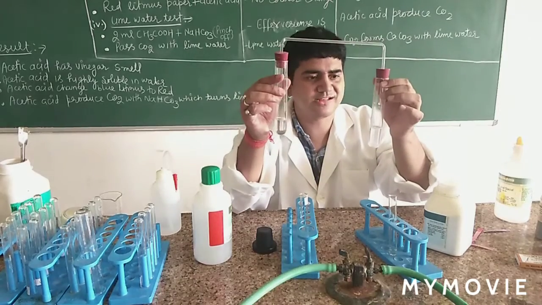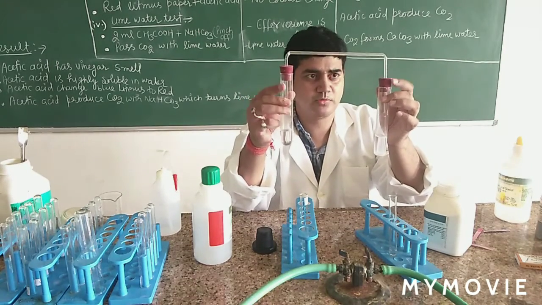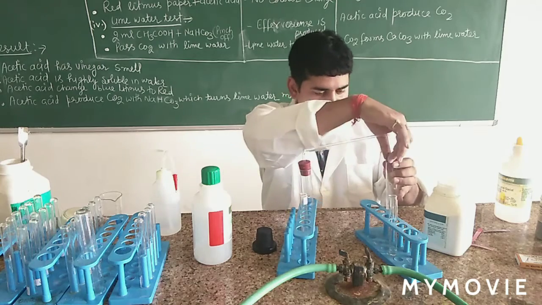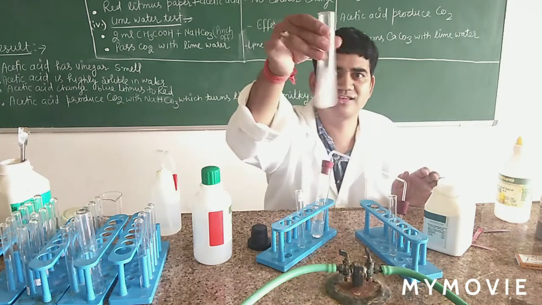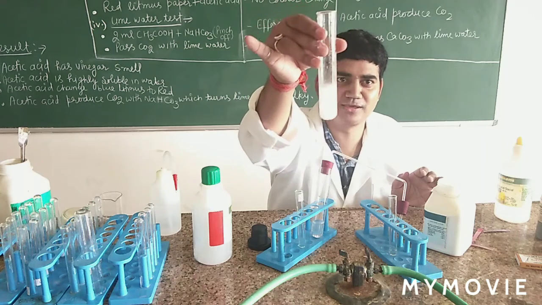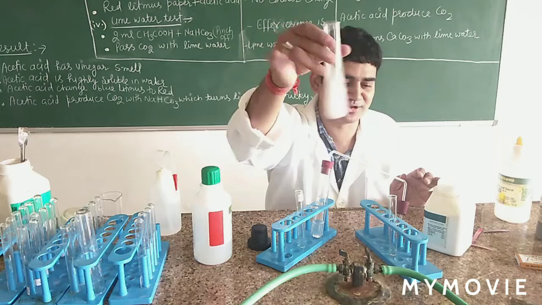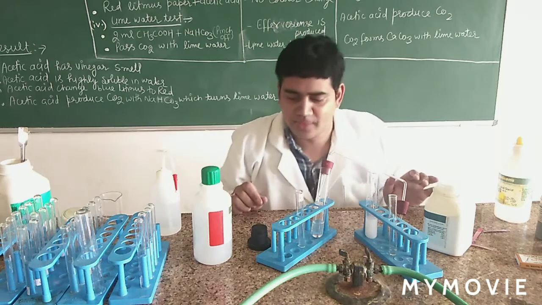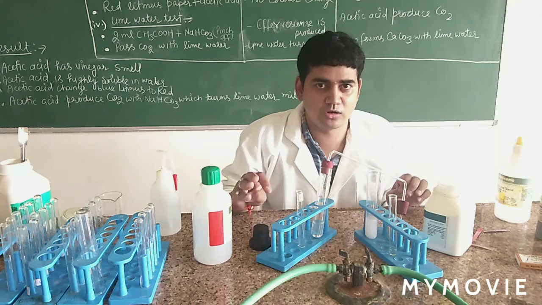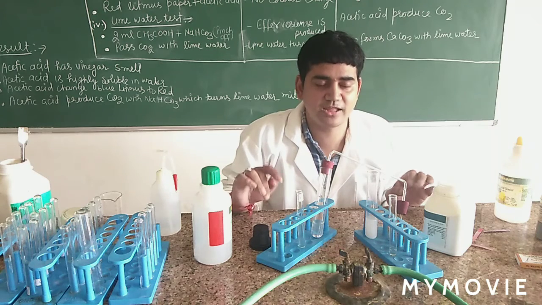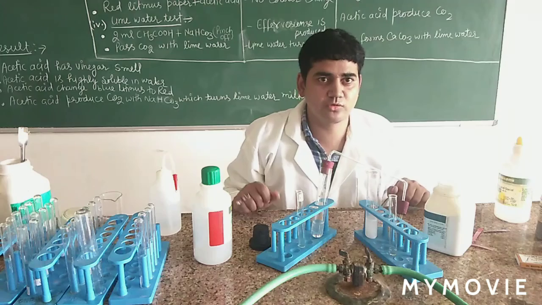So we can see here the bubbles of CO2 passing into the other test tube. You can check it by removing this and dissolving it. You can see now it is clearly a milky appearance. Alright, so this is the milky color of the lime water. So these are the 4 experiments that we are using: the odor, the solubility, litmus paper test, and the lime water test.